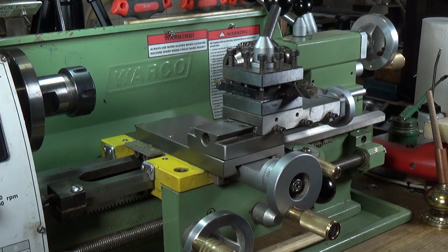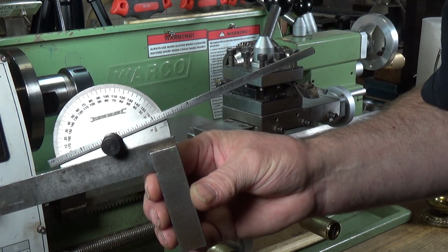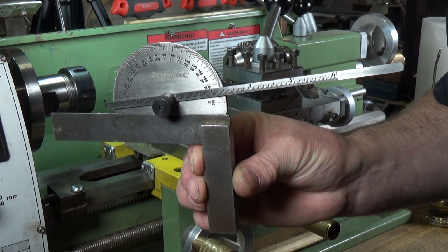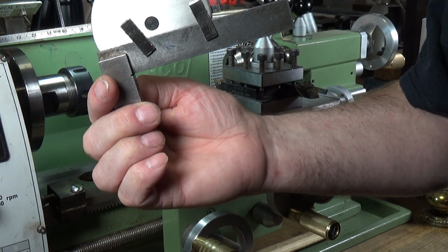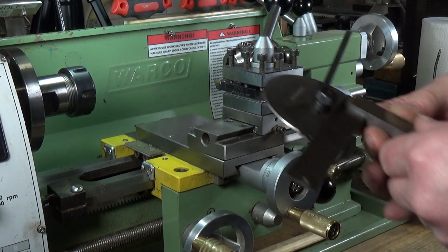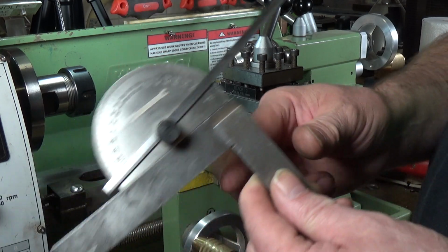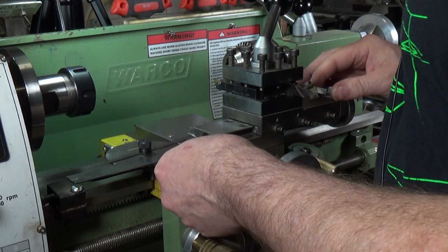So, for quite a while, I've been using this little cobbled up affair here, which is, as you can see quite clearly, a protractor on a square, and I've just got a couple of flat little magnets on the back holding the two together. And basically what we do is we want to set the angle. I've set the angle on the protractor to 10 degrees, which is what I want on the top slide, and we basically put that on here like this,